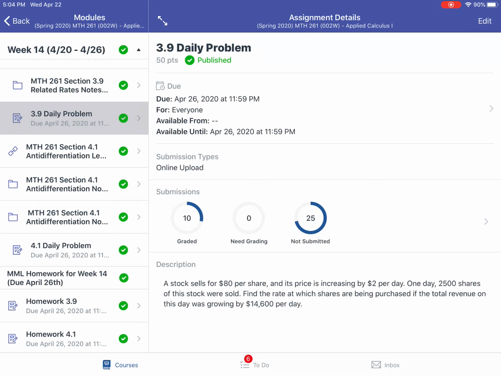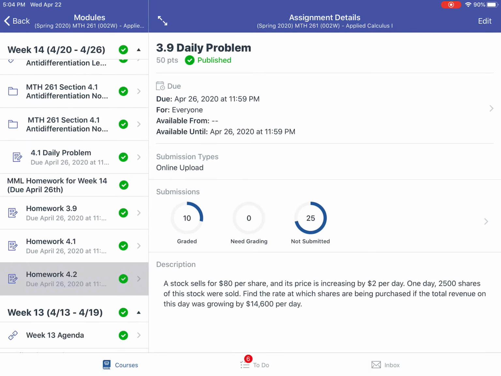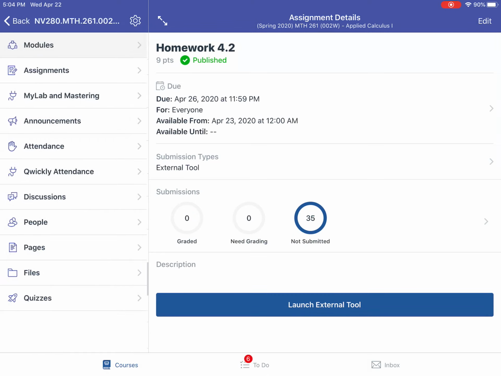All right, I'm still waiting for your 3.9 problems. About 10 of you submitted it. But just like I said, we talked about it, do not find dp dt in this problem. dp dt is given to you as $2 per day. The price is increasing $2 per day. What we are asking is the rate at which the shares are being purchased, the change in